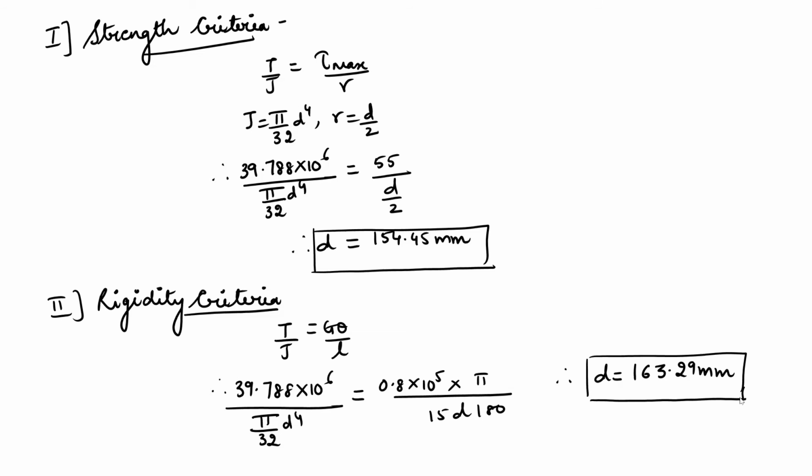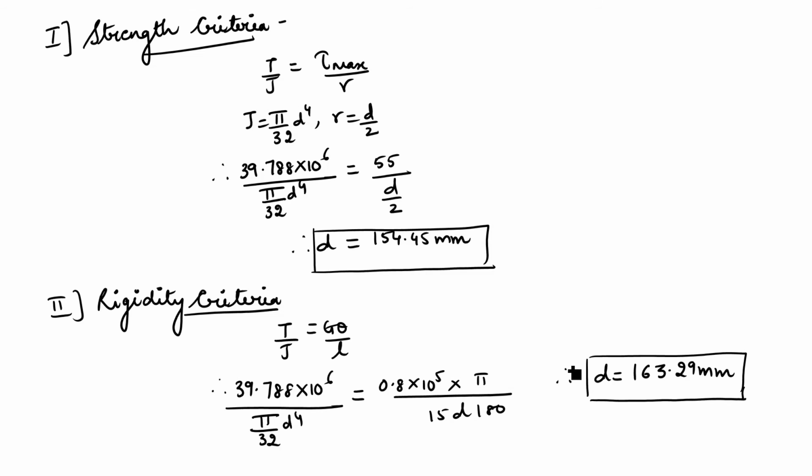Now I have got two values of diameter by using two different methods. I have to choose one of the two. For that, I am going to use a check step. I will substitute this diameter in this formula. Rest of the values will remain the same. I will calculate the value of theta. Because the maximum value of theta is known as 1 degree, I will see after substituting this diameter what I obtain as the value of theta. If it is less than 1 degree, this diameter can be safely used because it is fulfilling both the criteria.